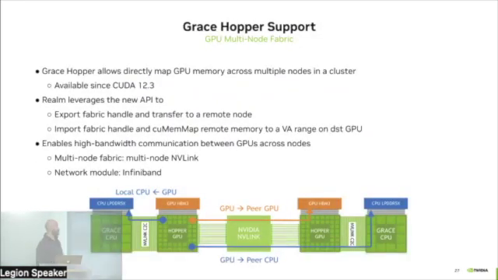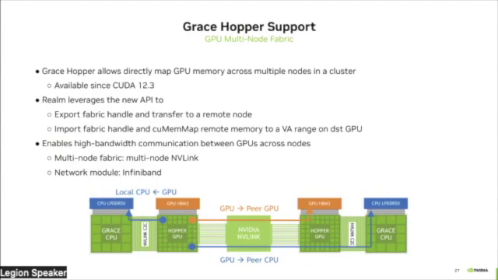And we added the support for CUDA multi-node fabric, building on the previous things I have discussed. In NVIDIA terminology, it was part of our roadmap to support Grace Hopper and to be able to support multi-node NVLink. The slide here shows a picture; it doesn't necessarily show multi-node, but let's assume that the left-hand side is one node with a Grace Hopper chip, and the other is a second node. What Grace Hopper allows you to do, and in Realm what we support,